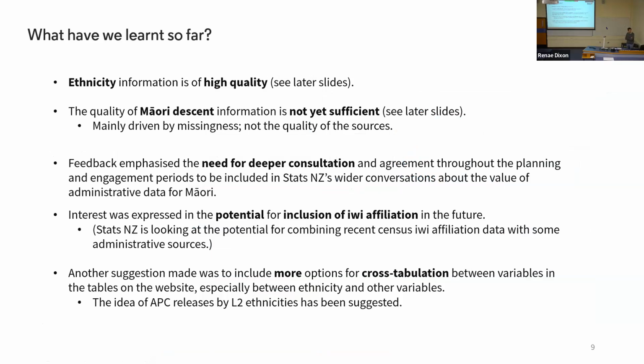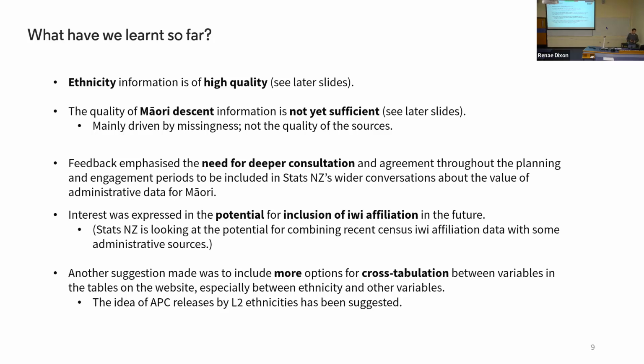The quality of Māori descent is not quite there yet. And again, there's more detail coming up. The TLDR there is that the quality is mainly driven by missingness. So we are missing values, rather than, for the people for which we have information, the quality being low. The quality is actually quite high, but there's just a large group of people for which we don't have this information from admin